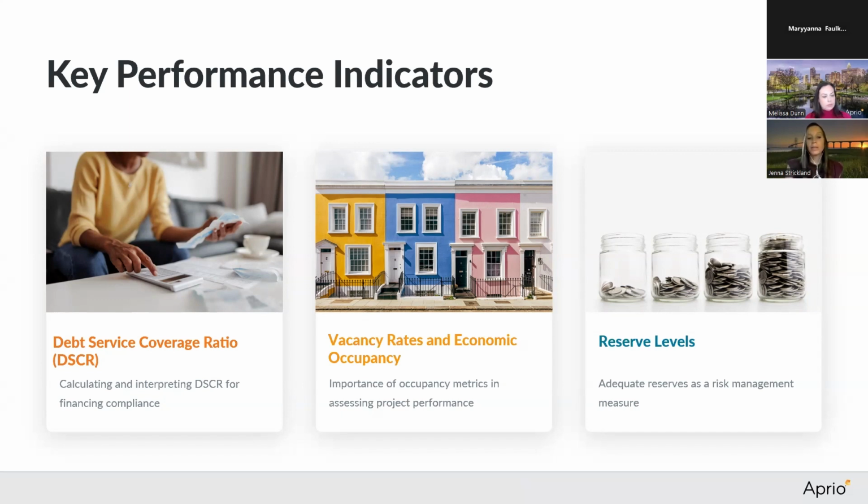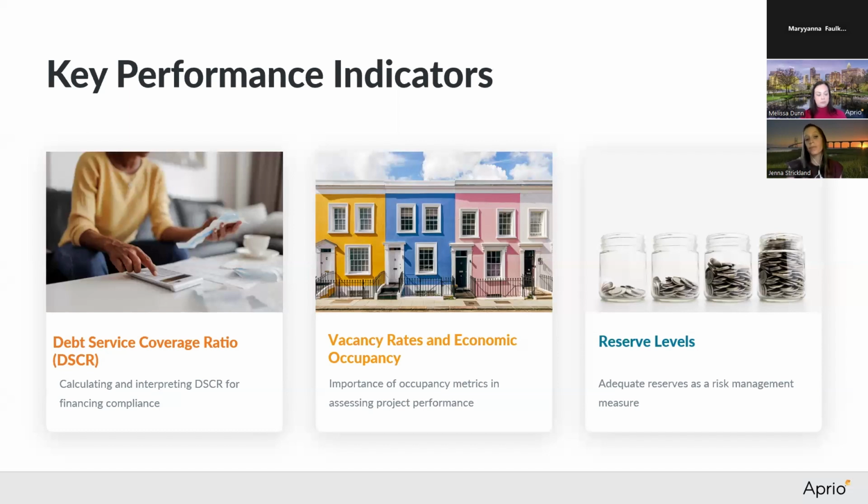A lot of times certain lenders will require you to have a certain debt service coverage ratio. They might have it at 1.5, 2, somewhere in there, but for your sake and for the property's health, you want to make sure this is one or higher. Anything below one means that there might be debts or liabilities coming due that you're not able to pay. So you can take the numbers on your financial statements to calculate this.